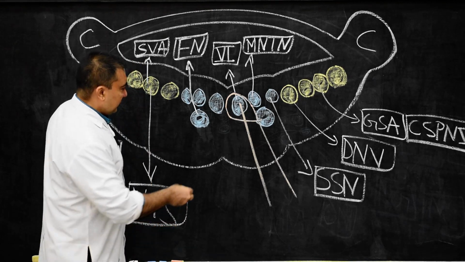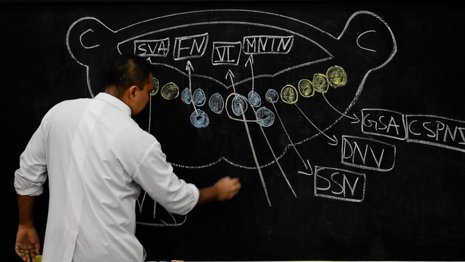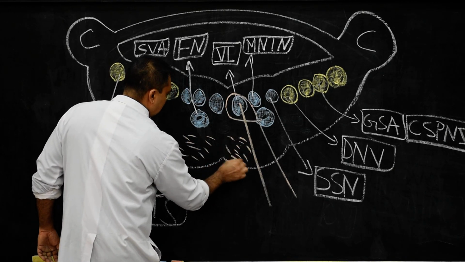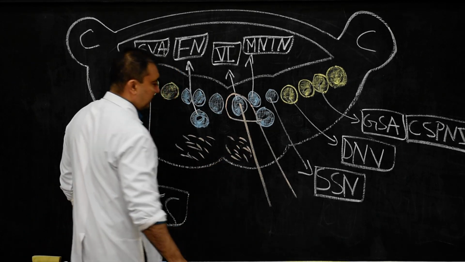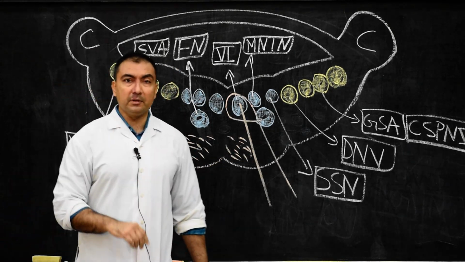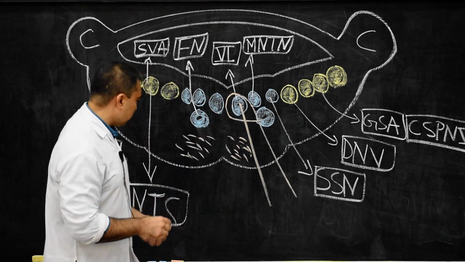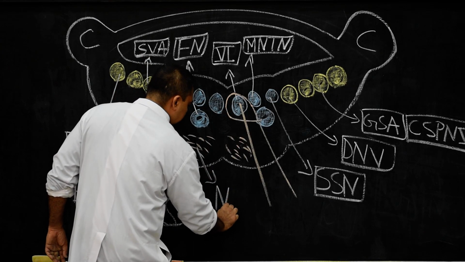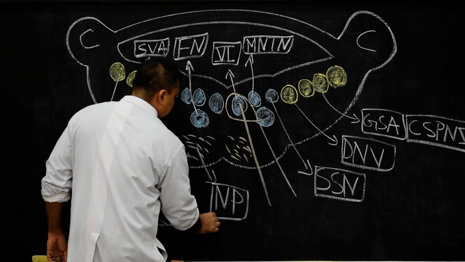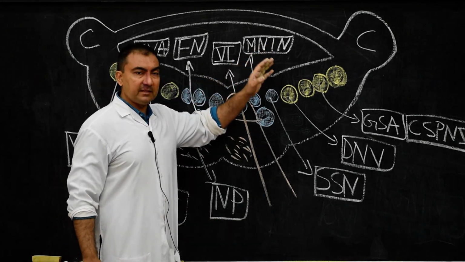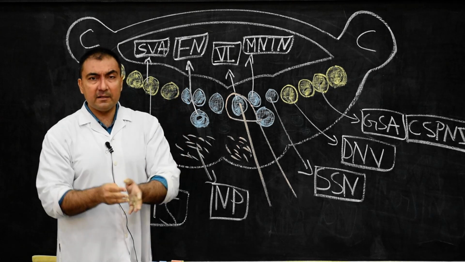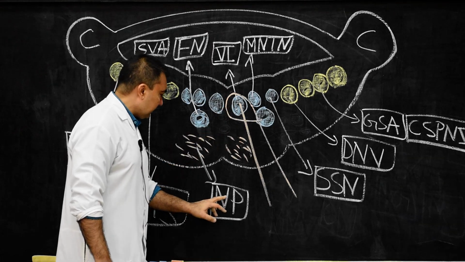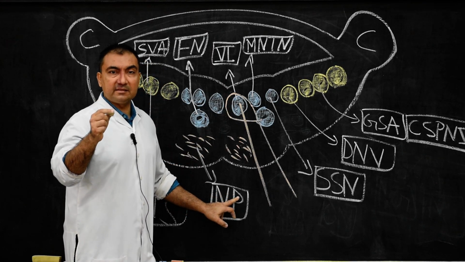Now, if you recollect, there will be certain nuclei which are present in the ventral marginal layer, and these nuclei are known as the nuclei pontis. So many nuclei were there. These nuclei pontis are derived from the alar lamina. The alar lamina of the metencephalon has migrated ventrally and settled in the marginal layer, just ventral to the basal lamina, in the form of nuclei pontis.